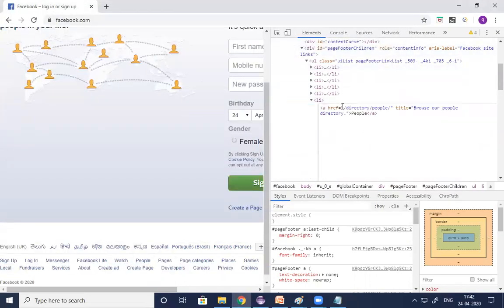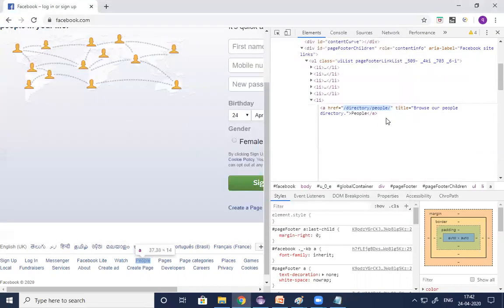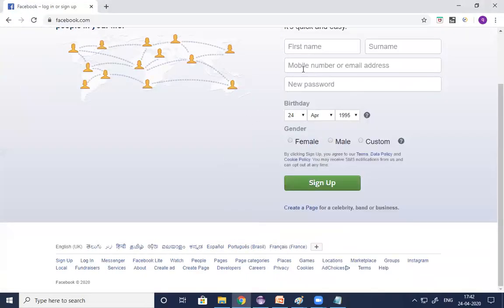What is the hyperlink reference for this link? This is the hyperlink reference. I'm just copying it and noting it down here. Next one is the title. Copy this title. Understand, guys? This is the title. Now I took the locators of two links from the application